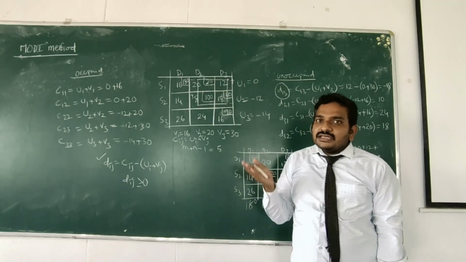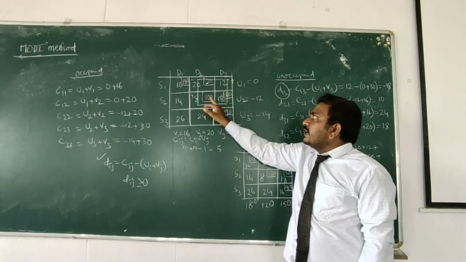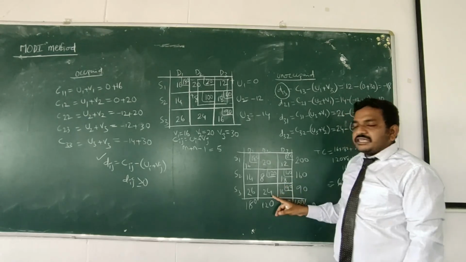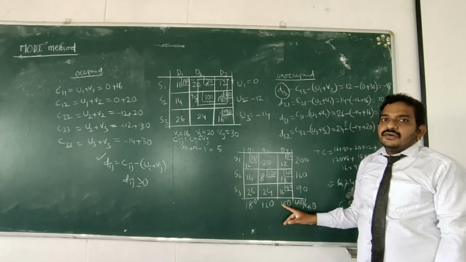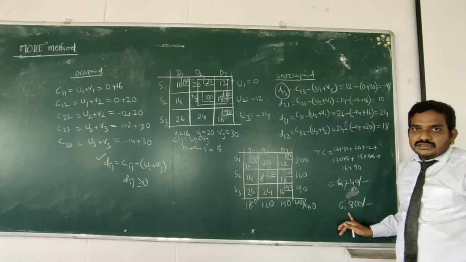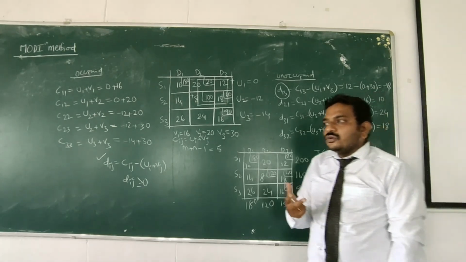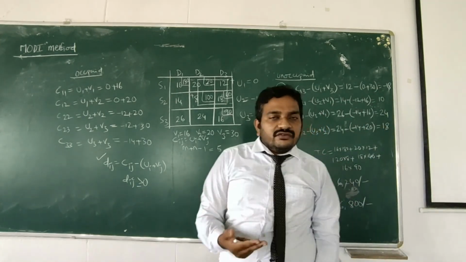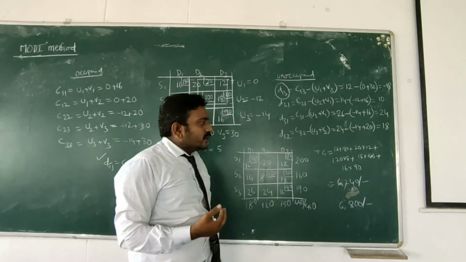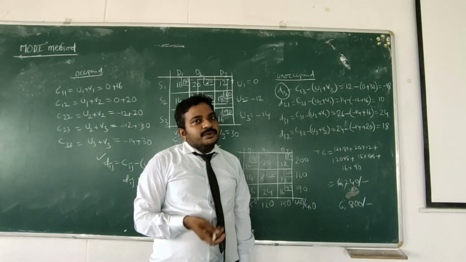Where there is a positive sign, add. Where there is a negative sign, subtract. This 20 added, 20 subtracted, 20 added, 20 subtracted. Then the modified distribution would look like this. Now find the transportation cost and compare. The Modi method gives you two things: checking the feasibility of the obtained feasible solution, and second, minimizing the total transportation cost. That is our objective of constructing the transportation